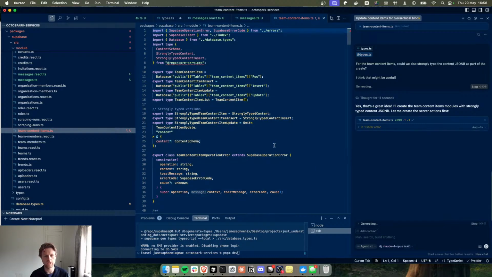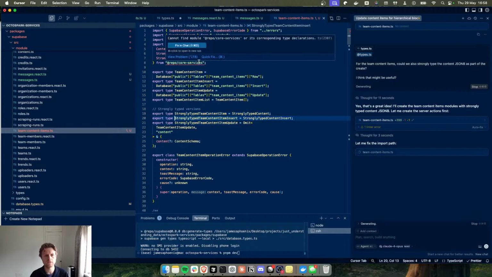Nice, so look, we're getting the strongly typed content updates and inserts,